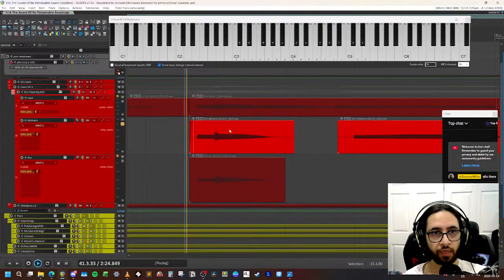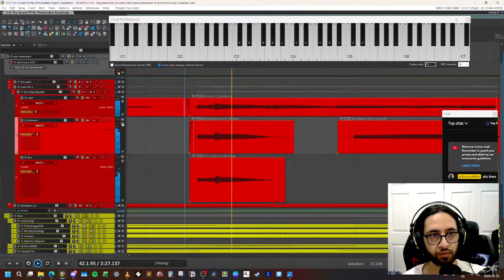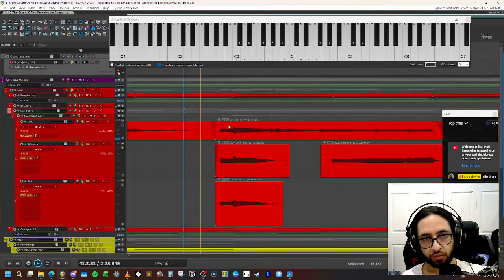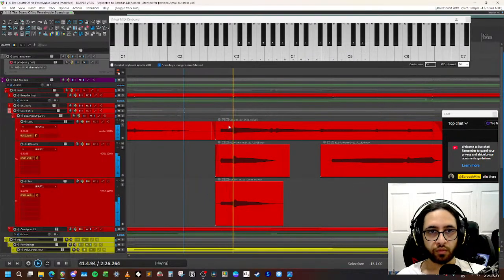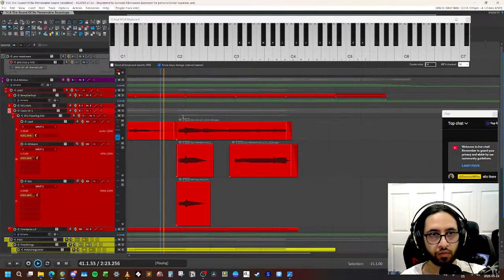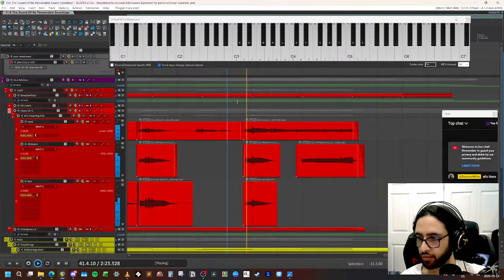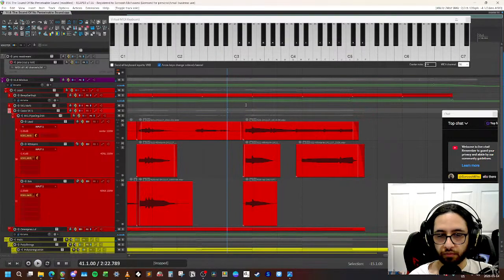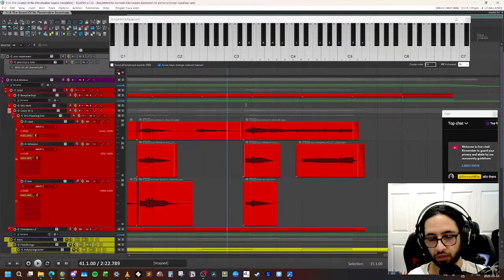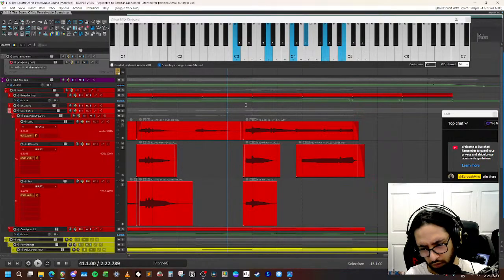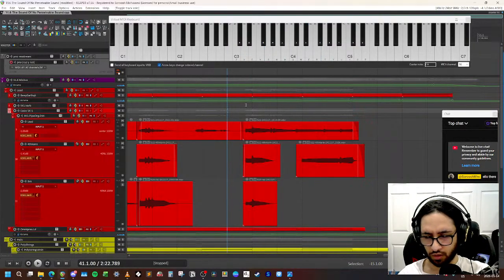So... yeah, so on the last one, it's mostly C major 7, but on the last one it goes to C minor major 7, which is very spooky, right?